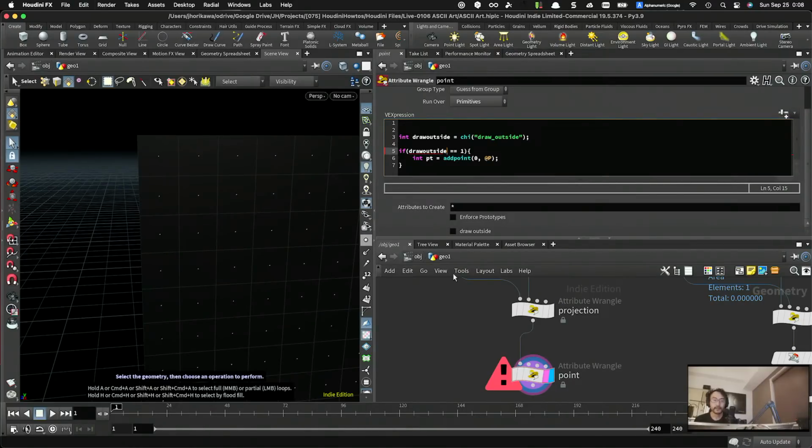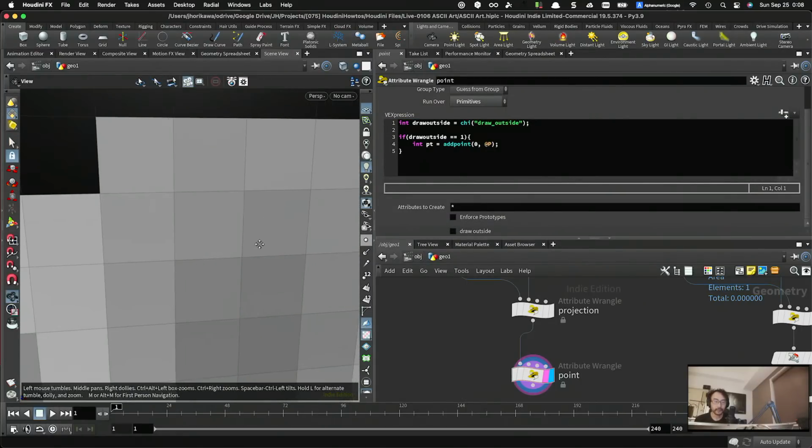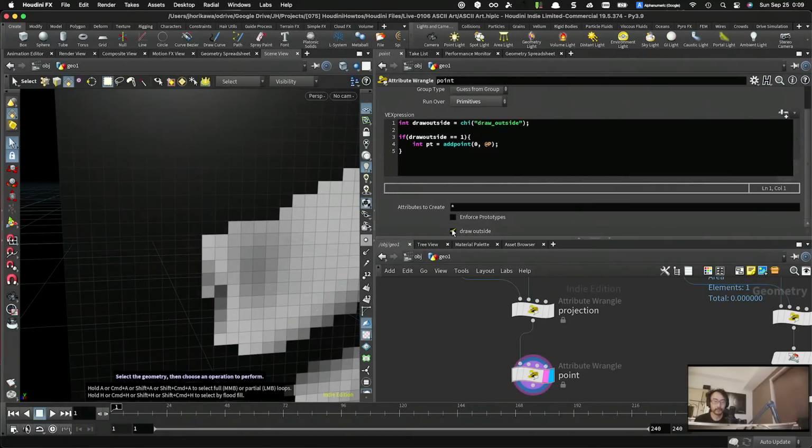Spelling mistake. And then you'll be able to choose whether you want to add the point. But I think I need to have additional conditions in order to check if the point is inside or not. So if it's draw outside,